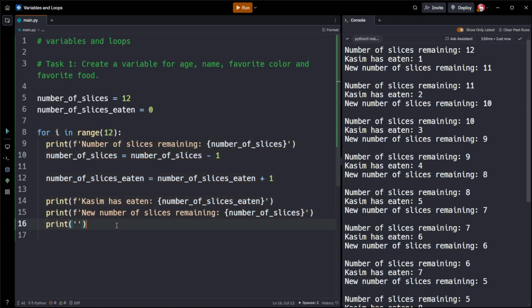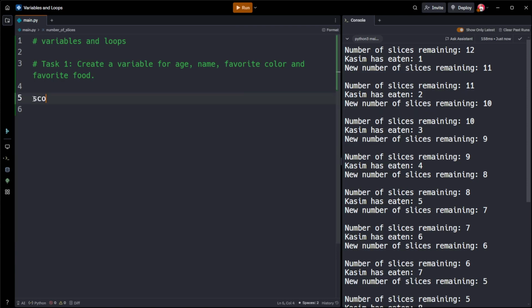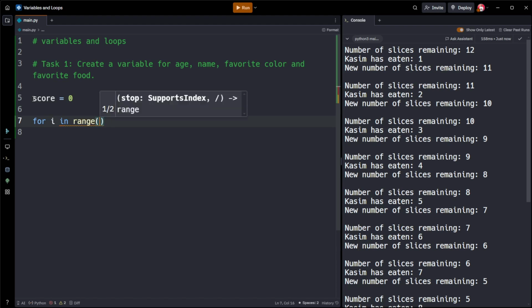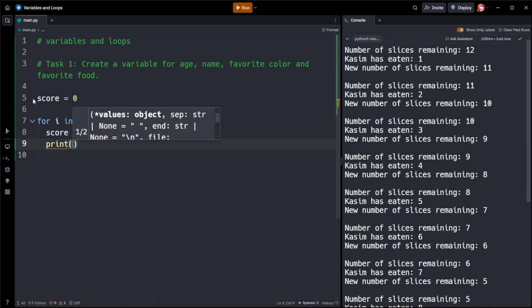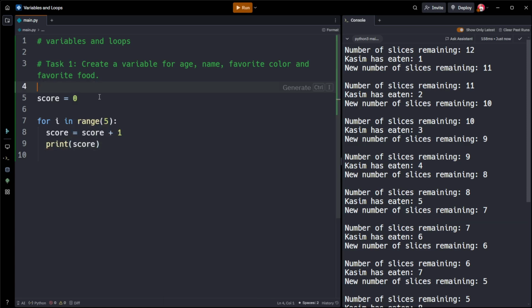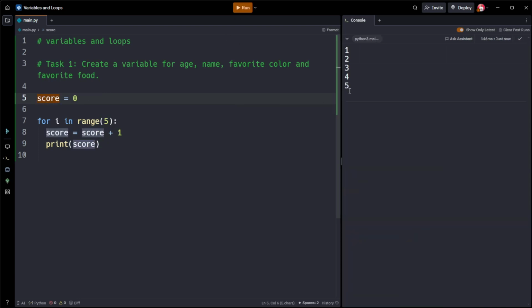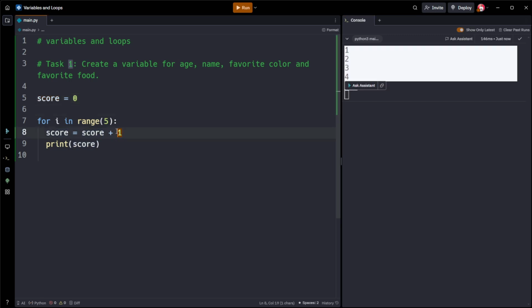So I'm going to make it easier for you. All I'm going to do for you is say score is equal to 0. And you're going to say for I in range, let's do this for I in range 5, score equals score plus 1. And then you can print score like so. So all this is going to do is increase the variable score by 1 each time it runs. You can see every time it runs, it increases by 1,